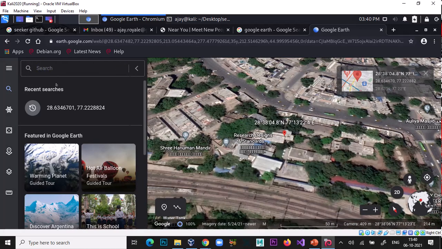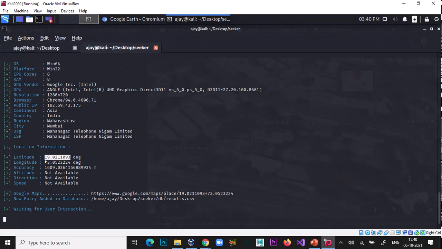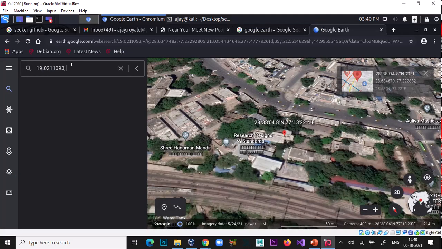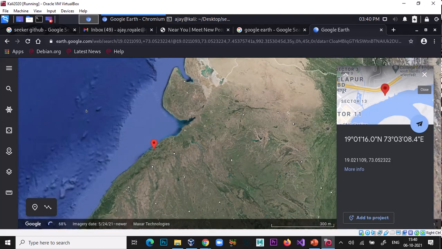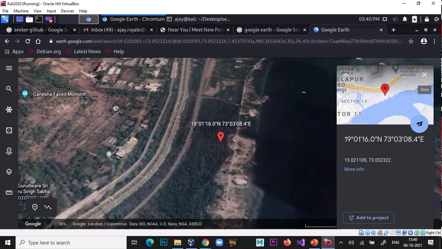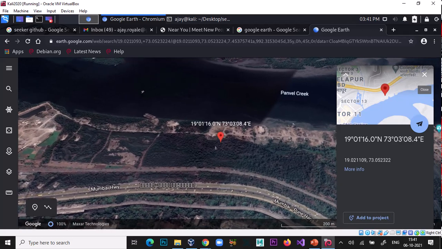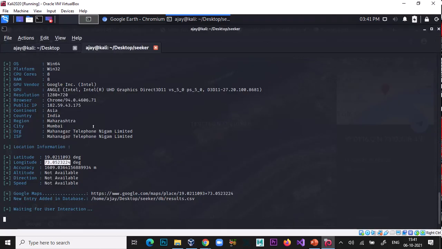This, paste. Copy. This is the location of this person who uses Windows 64, Google Chrome.